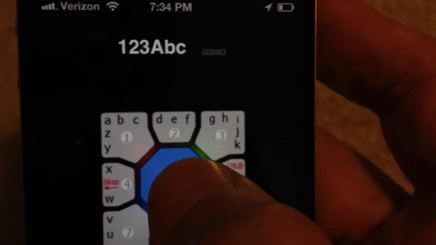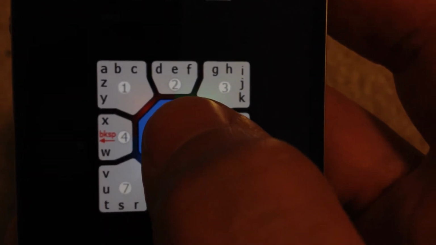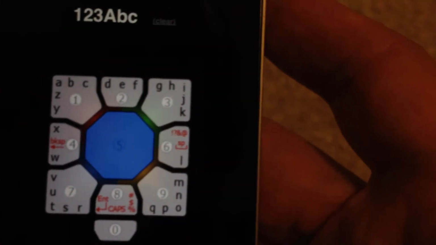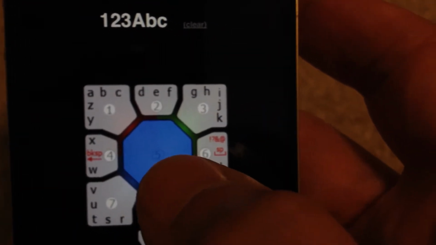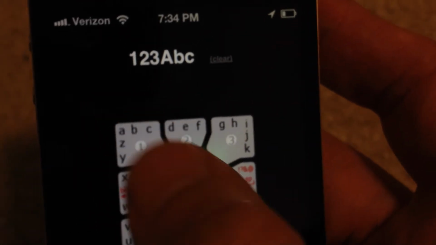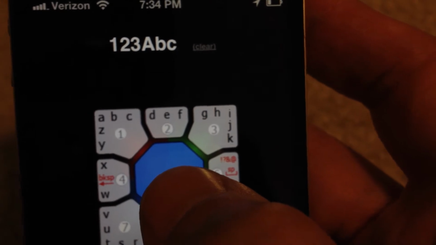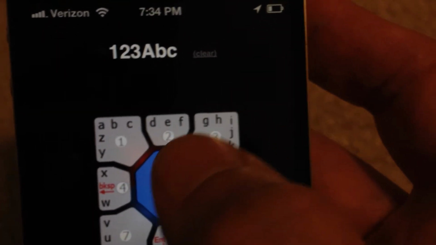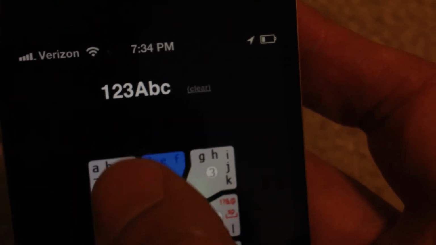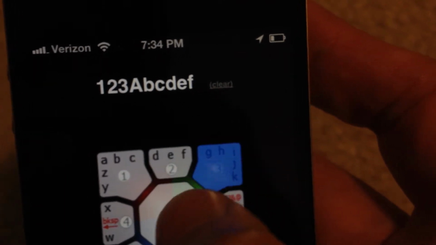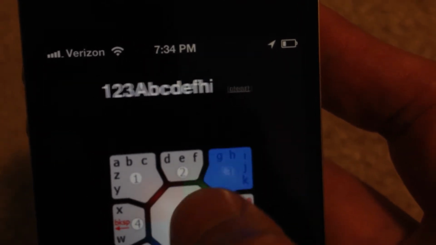I'm not sure if you can tell what's happening there, but each of these are chording motions that start in the center and go out towards one of the edges and then over. So to get an A, you just swipe to the corner and back, but for a B, you swipe to the corner and then to the center and down. And for a C, to the corner and all the way over to the other corner and down. It's like D, E, F, G,